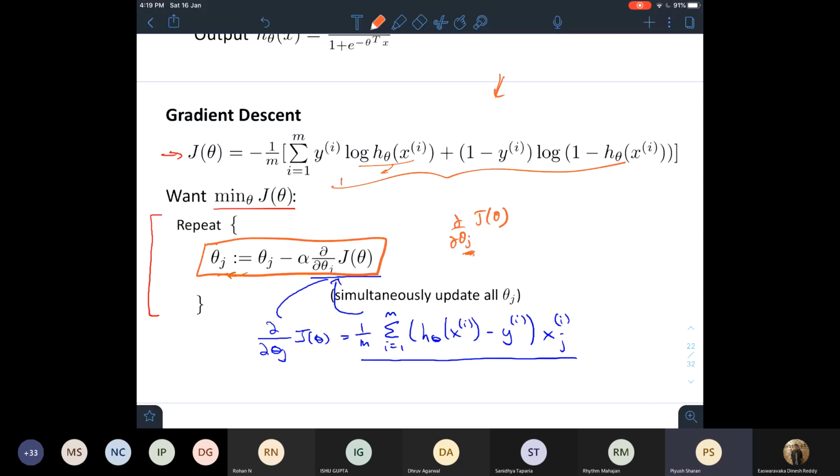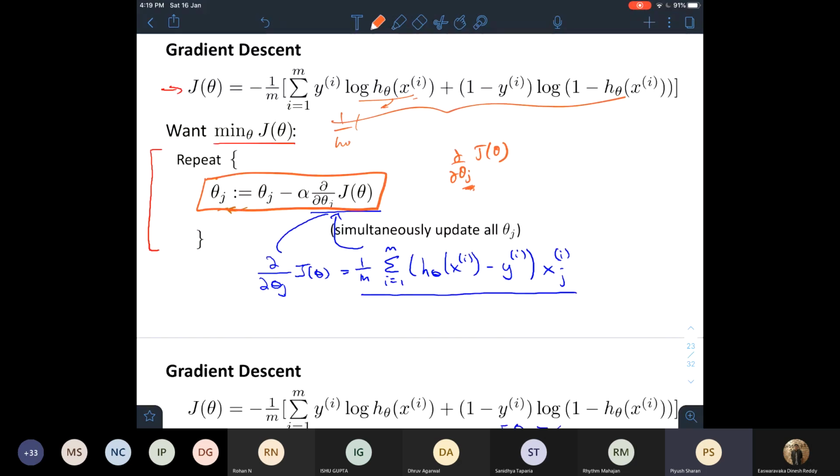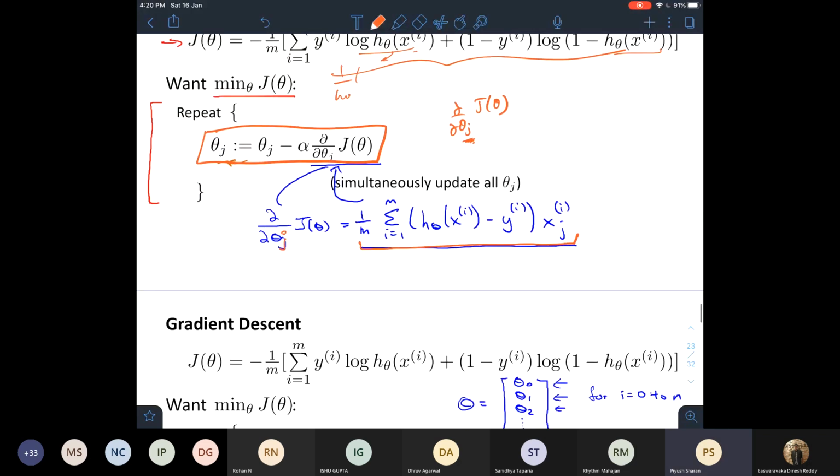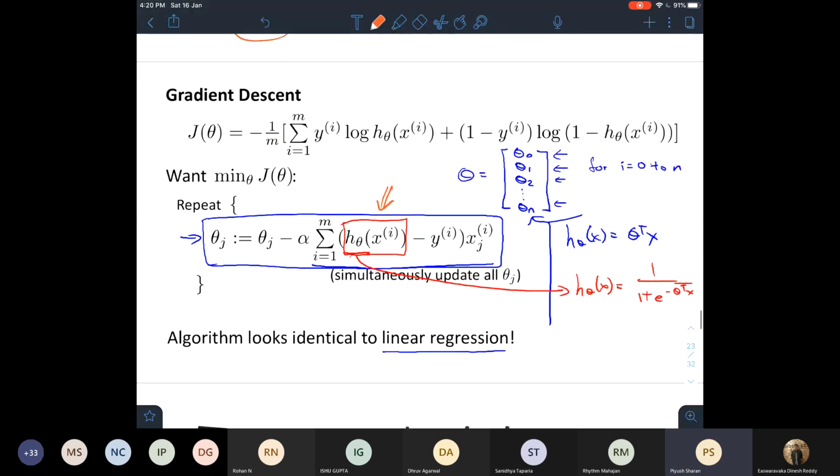This h theta of x would become 1 by this, and the derivative is simple. So the partial derivative of J theta with respect to theta j comes out to be this term right over here. So I'm just going to plug this over here, and I would end up at this term: repeat, theta j is equal to theta j minus alpha and this term.